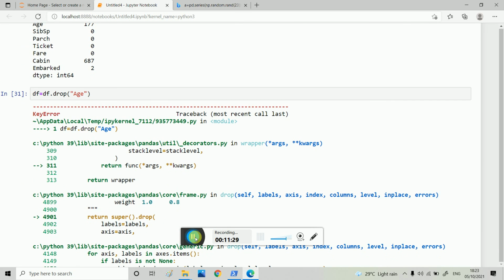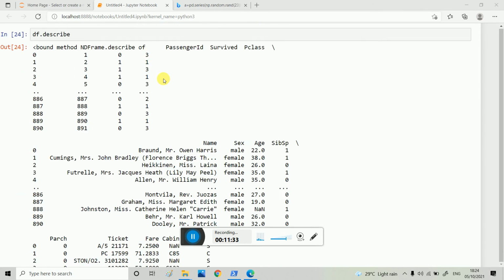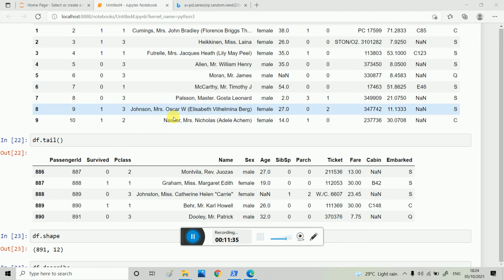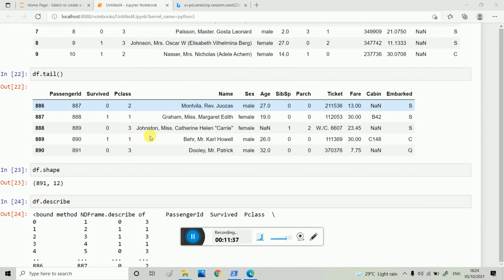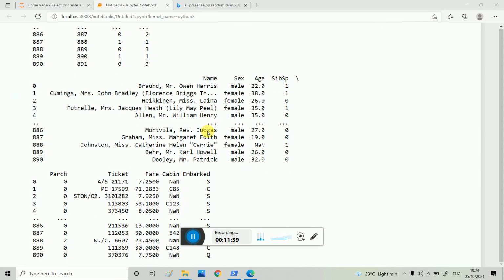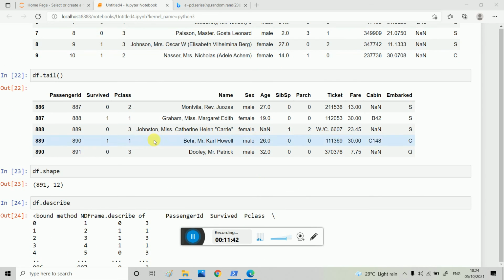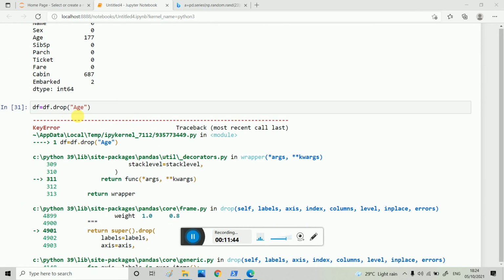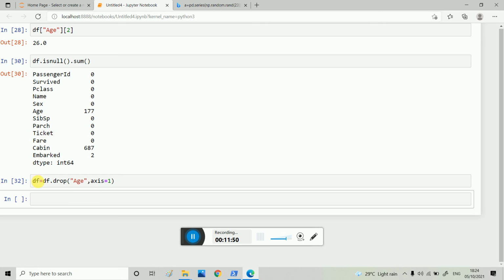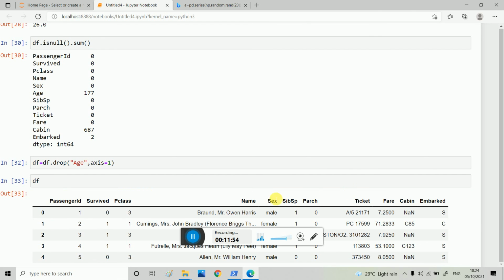Here I have to specify the axis, which I already told you about: axis 0 means rows and axis 1 means columns. Age is a column, so I have to specify axis=1. Shift enter now, and now I write df. Here there is no age column, so the column has been dropped.